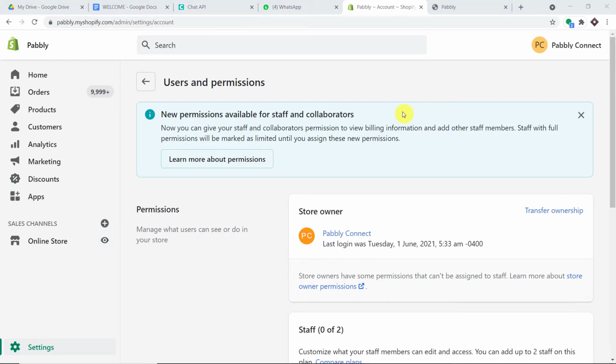Before we begin the process, there are three things I have to tell you. First, we are using Chat API to send the WhatsApp message. There are other options like Gupshup. Second, Pabbly Connect doesn't own Chat API. Third, and the most important thing, is that Chat API is definitely not free.